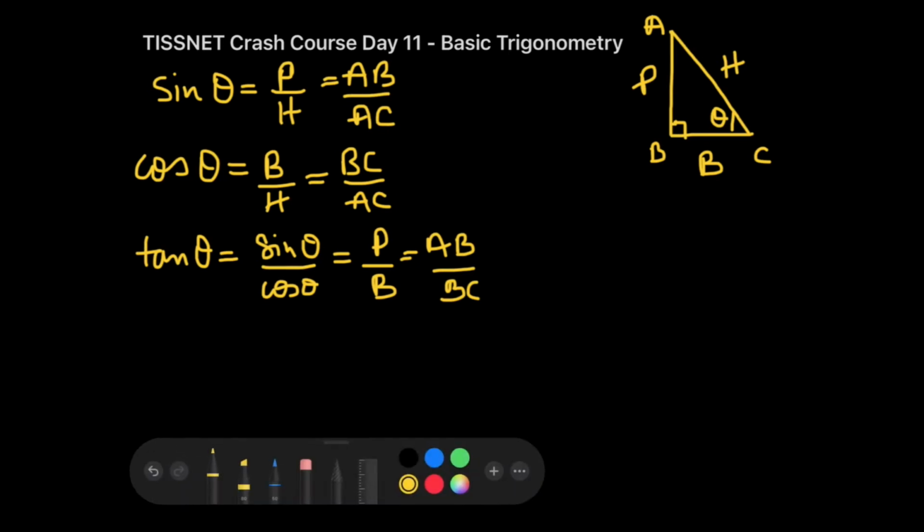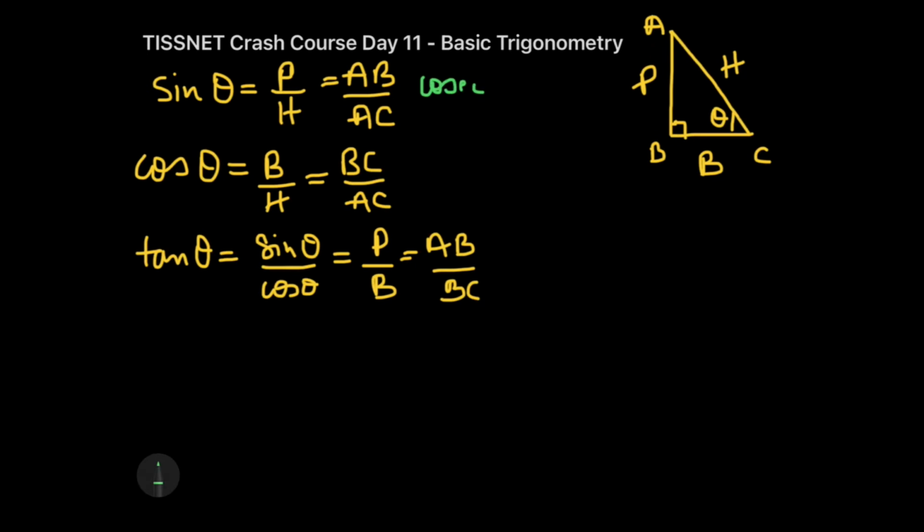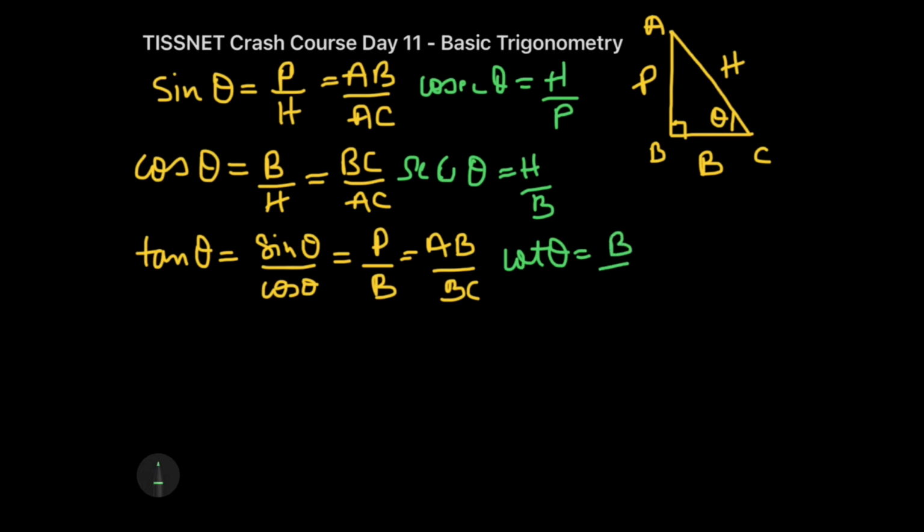The reason for that is because the remaining three values will actually be the reciprocals of them. For example, the reciprocal of sin theta is cosec theta. Cosec theta will just be the opposite, that means hypotenuse by perpendicular. So that's basically AC by BC. Similarly, cos theta has an opposite of sec theta. So sec theta is actually equal to hypotenuse by base, that is AC by AB. And the last one is the opposite of tan theta, which is cot theta, and cot theta will be equal to base by perpendicular, and that is AB by BC.